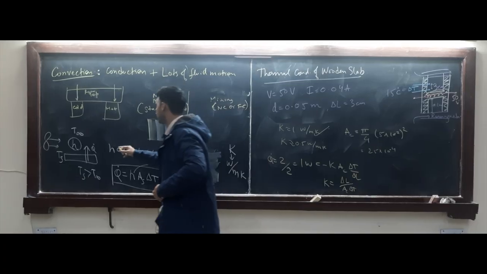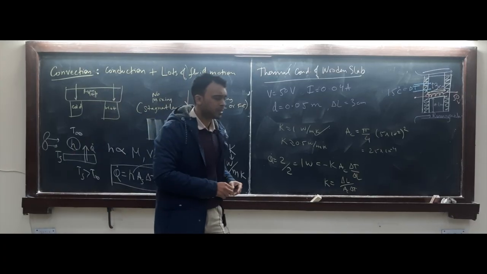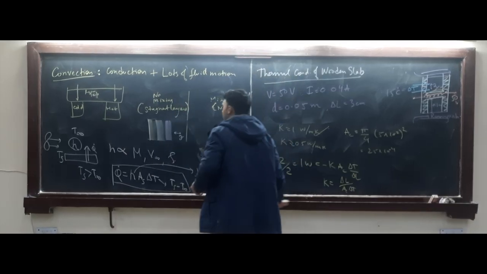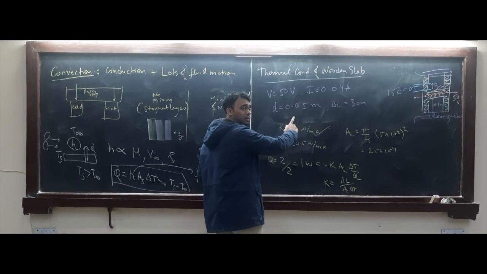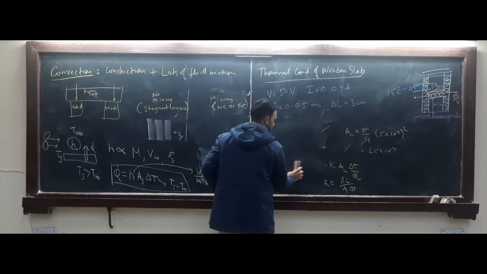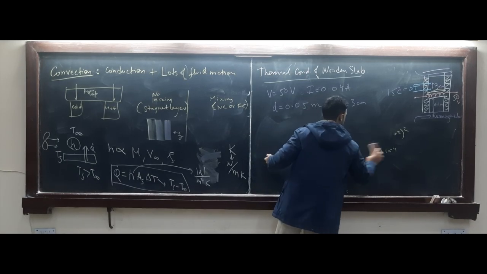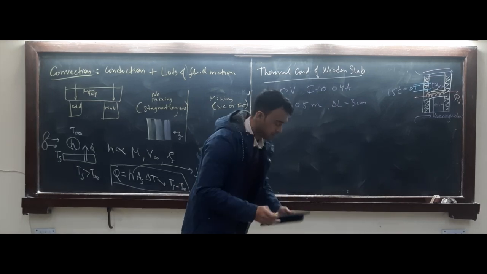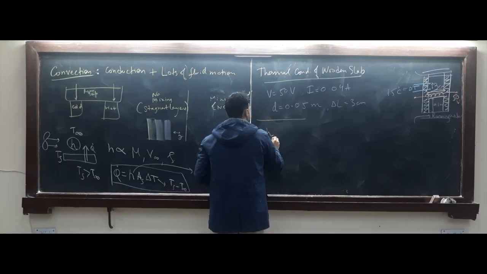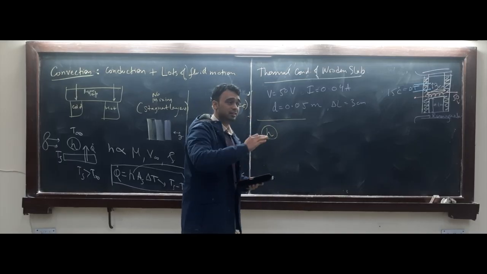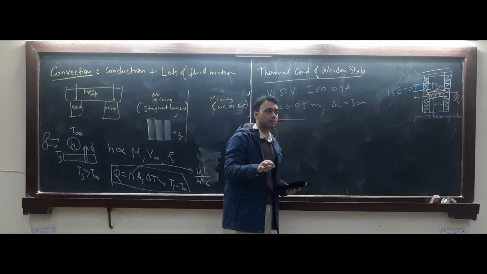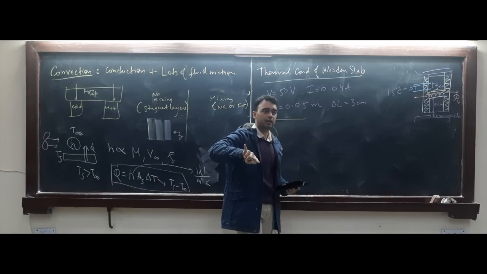In a similar fashion, can we find the H, convection coefficient or heat transfer coefficient, for a wire that also has a potential difference and a current? So you have to calculate H. Now H does not belong to the wire, it's the wire-air system. Heat conduction occurs within the material, so K is the material property. Heat transfer coefficient is the joint property of the material and the environment.